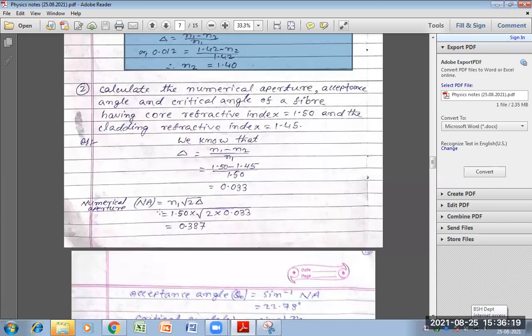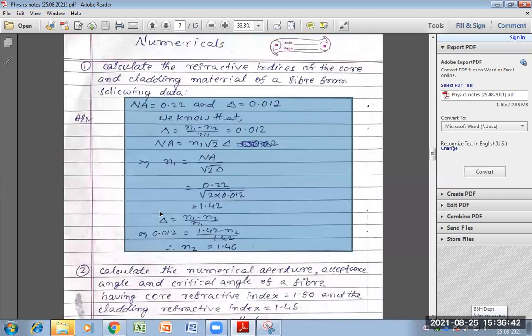हम लोगों का क्या दिया है? न्यूमेरिकल एपरेचर, एक्सेप्टेंस एंगल θ0, क्रिटिकल एंगल θc, इसको बोल रहे हैं न्यूमेरिकल एपरेचर, एक्सेप्टेंस एंगल, क्रिटिकल एंगल, ये हम लोगों को कैलकुलेट करना है। क्या क्या दिया हुआ है? कोर का रिफ्रैक्टिव इंडेक्स दिया है और क्लेडिंग का दिया हुआ है। देखो इस क्वेश्चन में ठीक जस्ट इसका उल्टा ऑपोजिट था, न्यूमेरिकल एपरेचर दिया हुआ था और डेल्टा दिया हुआ था, रिफ्रैक्टिव इंडेक्स चेंज दिया हुआ।